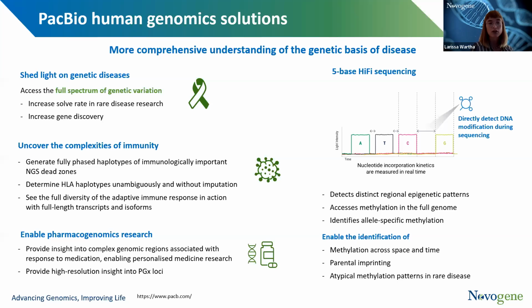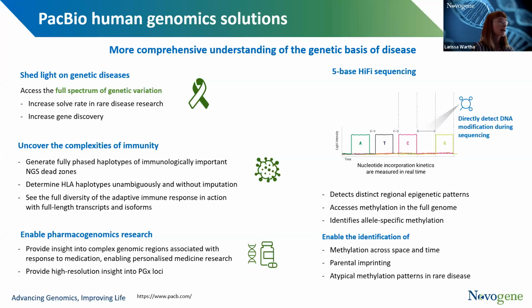And dead zones could be, like I already said, some repetitive regions or just some regions which are really hard to detect through short read sequencing. However, the advantage here is also that you can directly detect epigenetic modifications. You don't need to do another library preparation as you have to do with short reads. So you can directly detect two different concepts and do two different analyses, which is very helpful and easy to do. You're also able to look at parental imprinting, because you can phase the